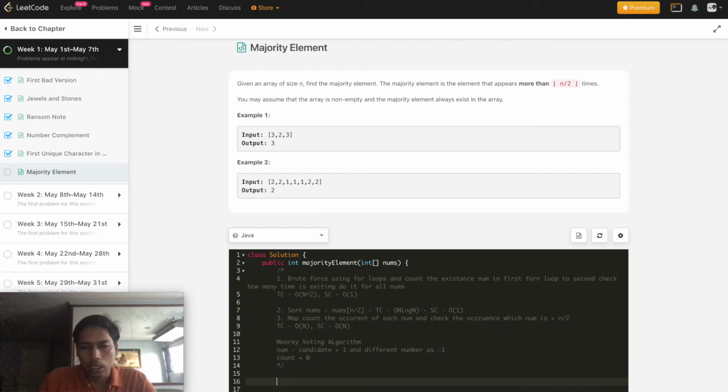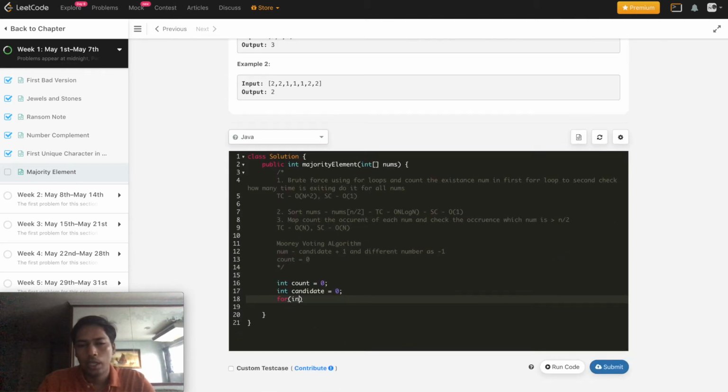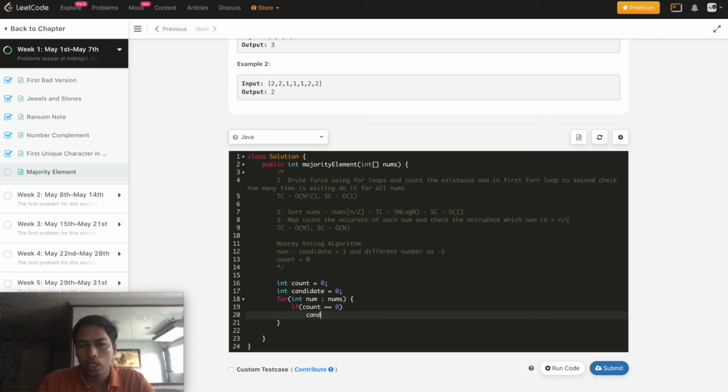So let's start. Let me take int count equals 0, int candidate equals 0, and start the for loop: for int num in nums. If count is equal to 0, then our majority candidate can potentially be num.